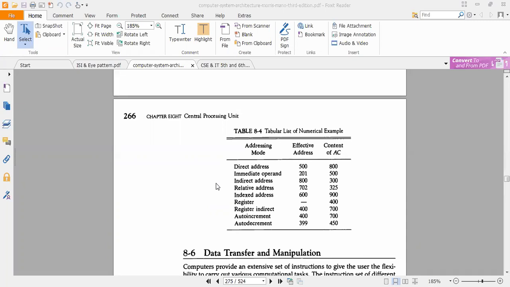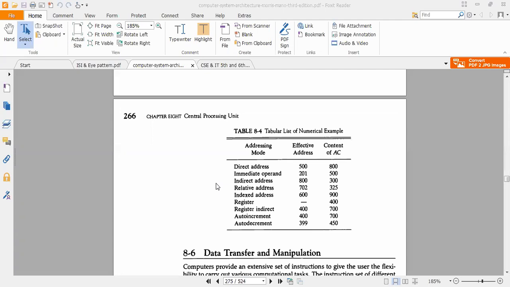So now today's topic is data transfers and manipulations. Because in the computer, until and unless you are transferring data, no operation will be performed. Data is the most major issue here in computer architecture. Data is most important. Without data, you can't do anything. And their manipulation means some sort of operations.